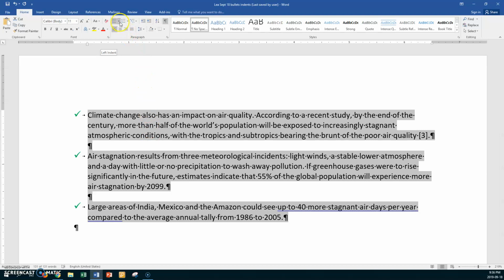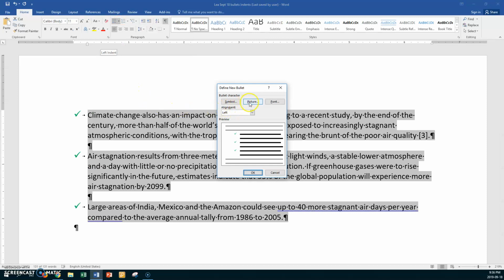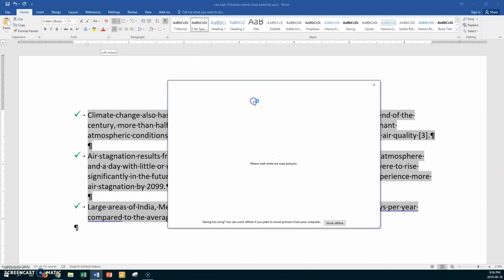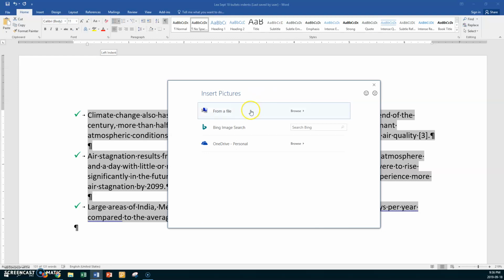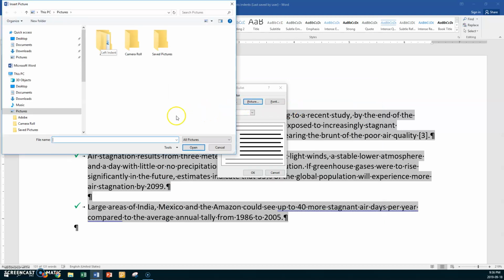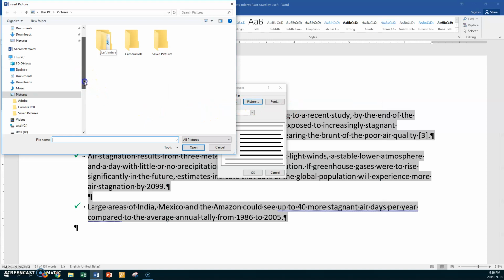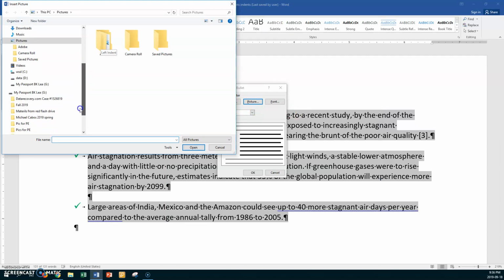So watch, we're going to click on the drop down, and we're going to say define new bullet, but we're going to go to picture. So go to picture, and now go to from a file, because your pictures are in your file, and say browse. All right, and now we want to go to our pictures. So therefore I want to go to your folder. So go to your folder